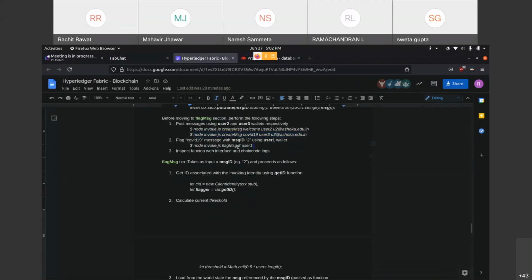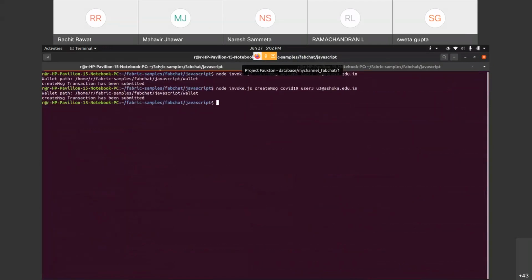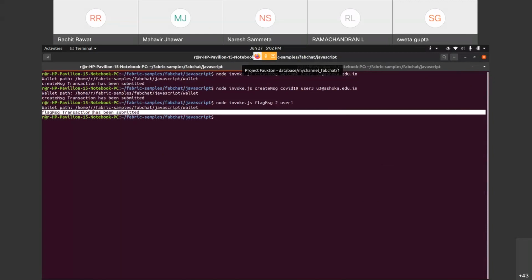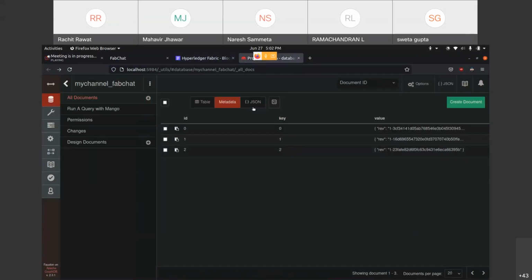Now let's flag the COVID message. This is flag number 1. Flag message transaction will be submitted. So let's inspect what change occurred when we flagged this message.